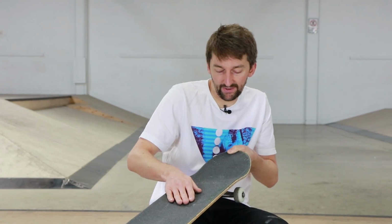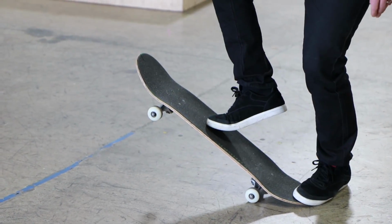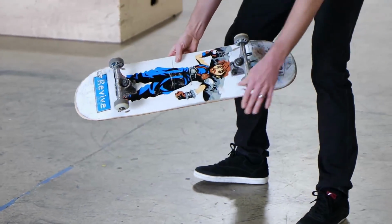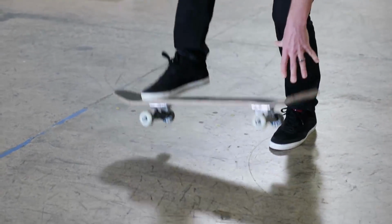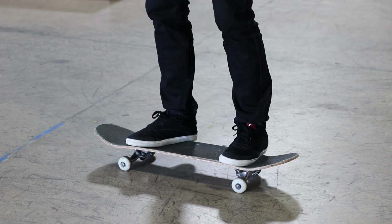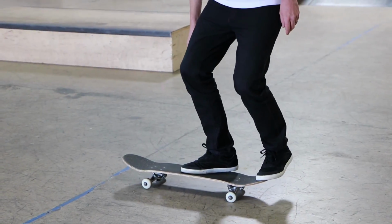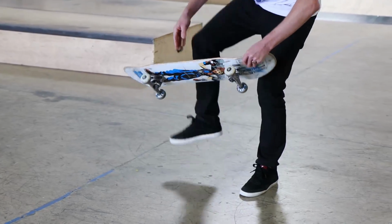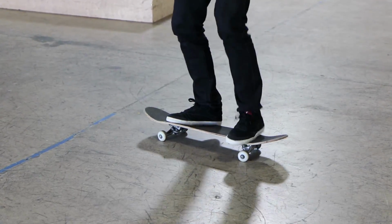So you're gonna pop your back foot, it all starts with your back foot, you're gonna pop that, and then you're gonna shove that back foot forward, and then your front foot is gonna go straight to the side. Just get it out of the way, but also doing that motion with your toe. So it's just like, la, not straight off the nose like you would with a regular kickflip, because you're gonna